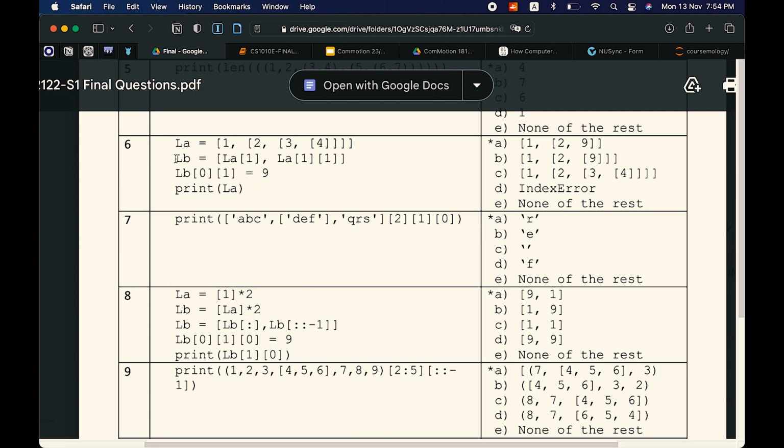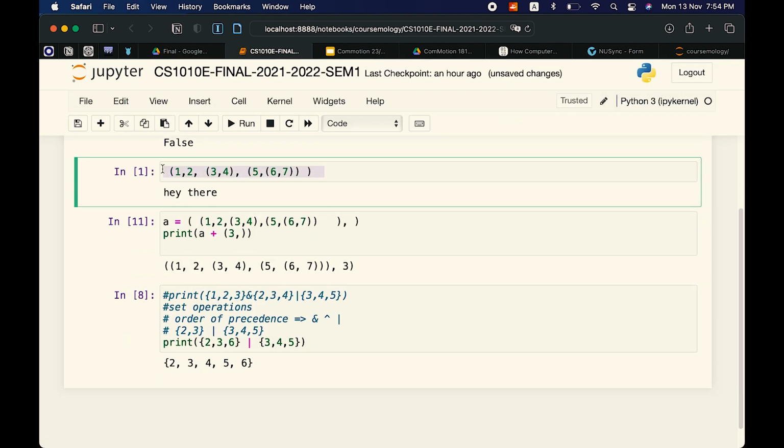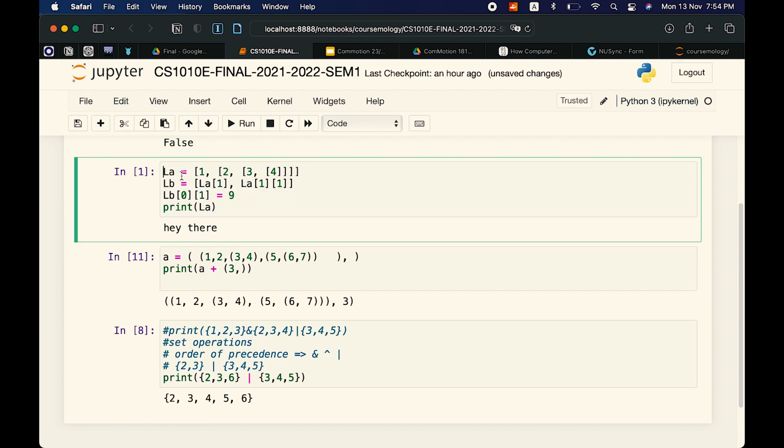What does this say? This B is. Okay, the reason why is A is. Here we assign this B to be list A, the first element of list A. The first element of list A is this list. Sorry, index 1, right? Not the first element, sorry. The index 1 is this. This is index 0. Then we count shallowly. So this is list A, index 1. This whole thing.